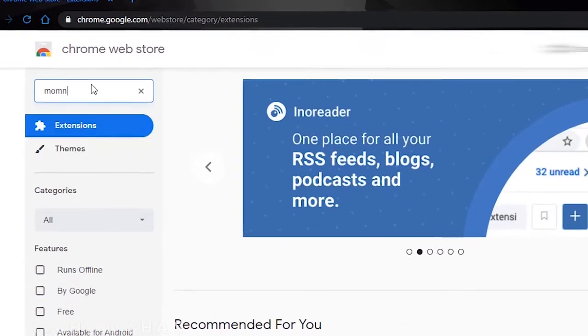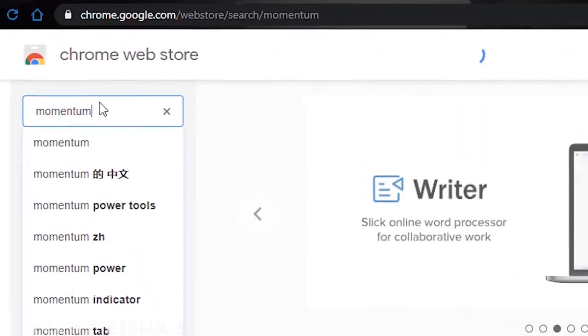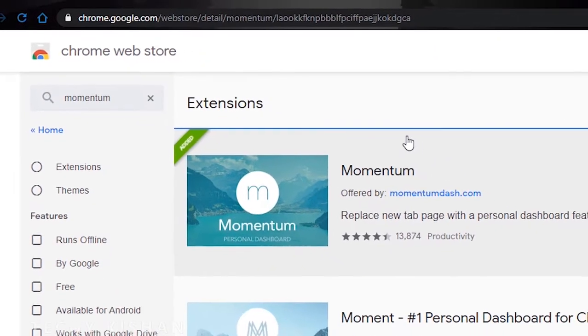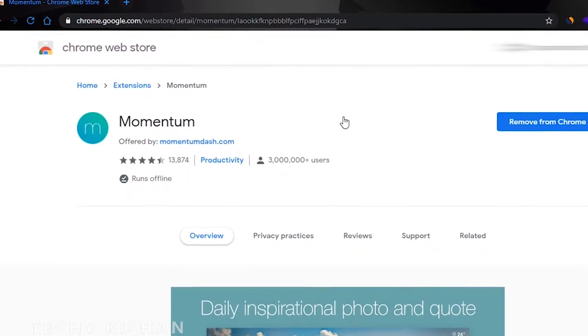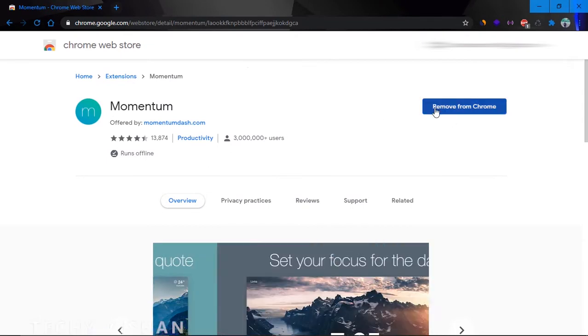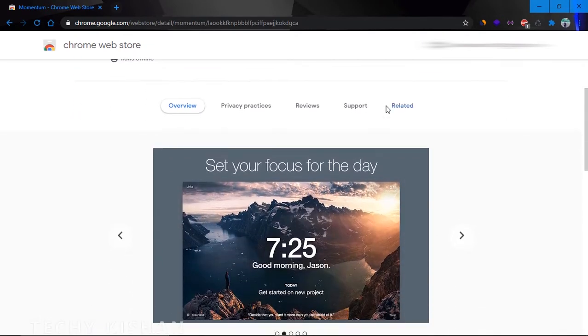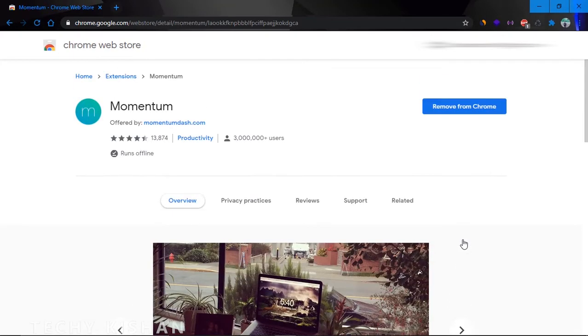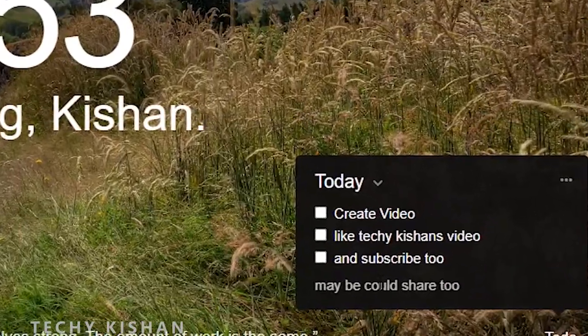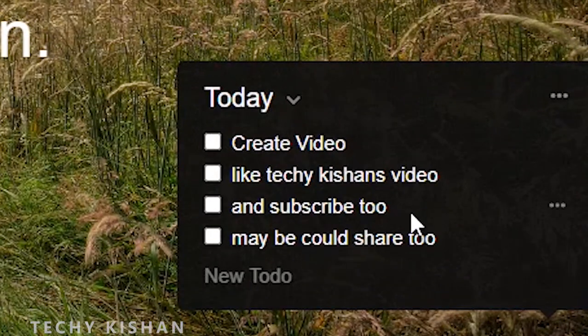Friends, the second plugin I'm going to talk about is Momentum. Yes friends, Momentum is not just a plugin but a theme or background for your new tabs on Chrome. Whenever you open Chrome, you can see new images on your new tab, and you can also see a digital clock. You can also create an account with Momentum, and it gives you a to-do list, and you can add your to-do things in the list. Whenever you complete one, you can check it and drag it to your inbox.